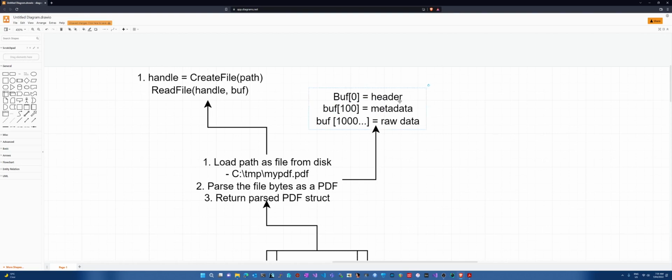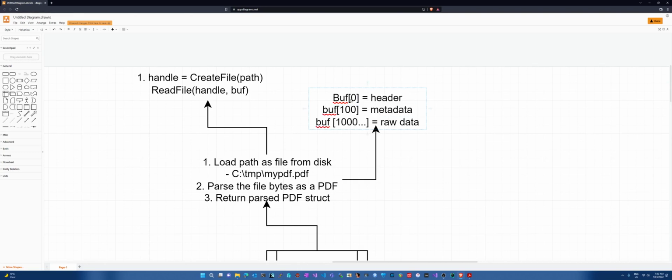Maybe it parses the header to see what version of a PDF it is. Maybe it parses the metadata so it knows things about the file, like its creation date and things like that. And then maybe it passes the rest of the data to actually get the text and images from the PDF